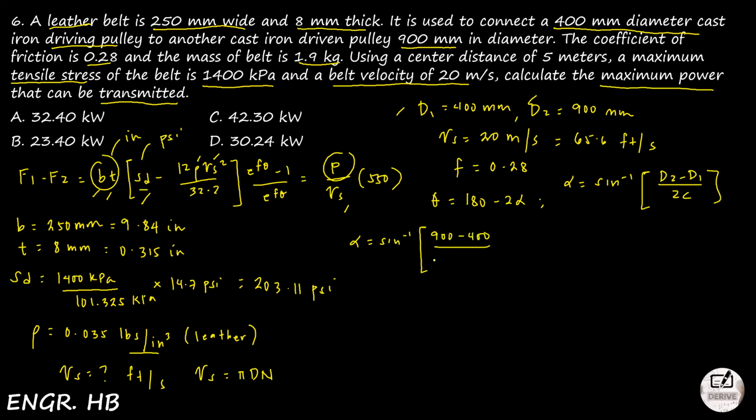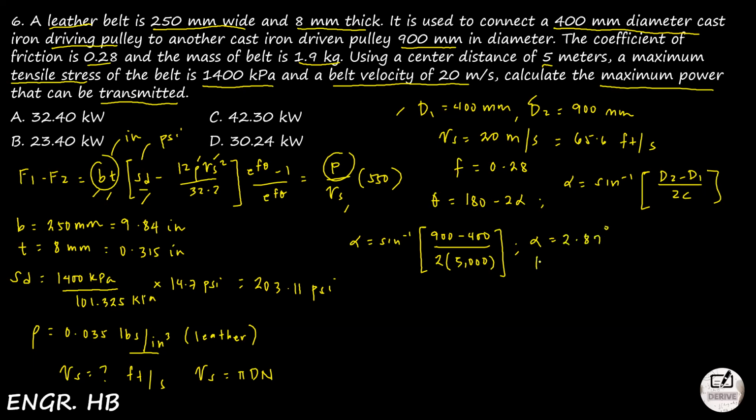No need to convert na rito. Divided by twice ng center distance, which is sabi 5 meters. So convert mo sa mm. So that was 5,000. So ang alpha natin is 900 minus 400 divided by 10,000. Arc sine nun. So that will become